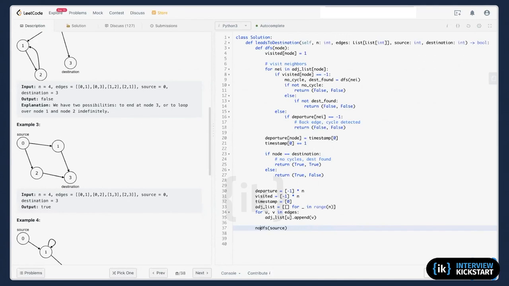Okay. But I will just run one test. I just want to check if I have a typo or if my code can run.